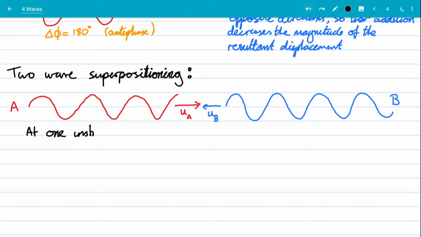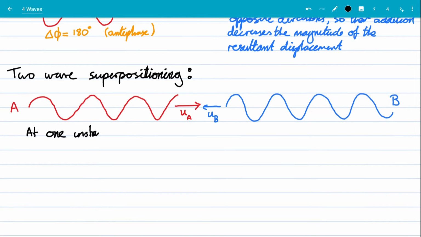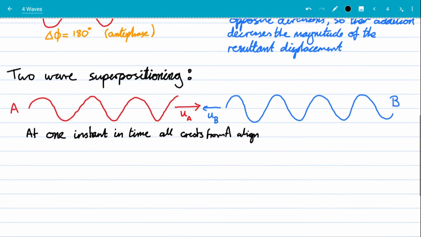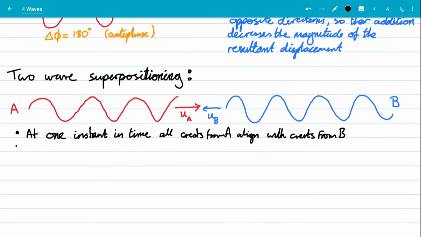Handwriting is all over the place today. This is a bad day. At one instant in time, we can say all crests from A align, they coincide, they're incident with the crests from B. But at another instant in time,